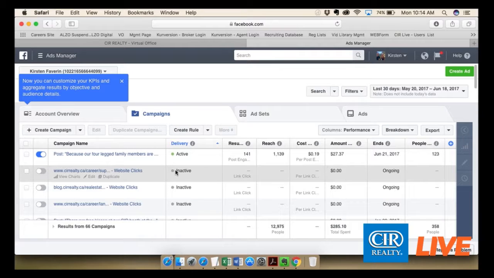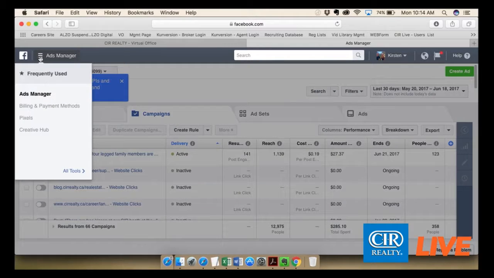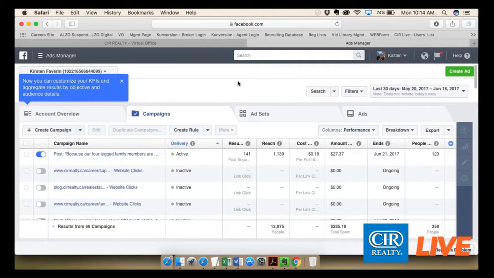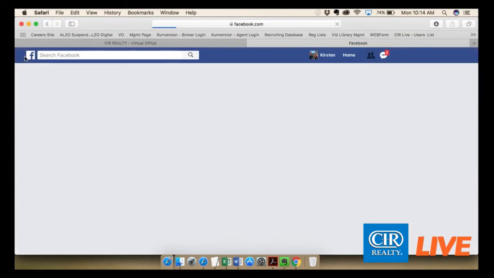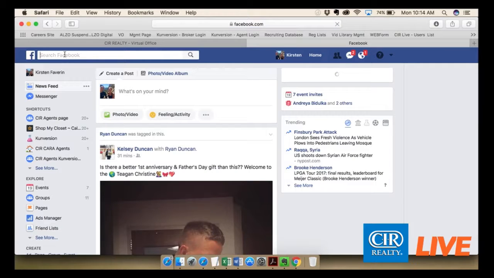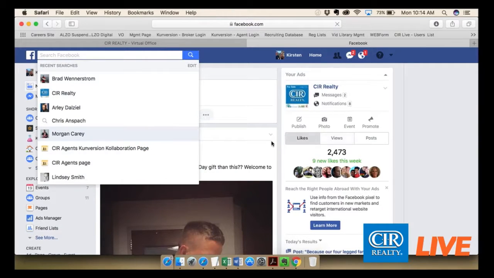So really, really intuitive. Facebook has a ton of different tools to help you with this, especially, like I said, in this ad manager section. So take advantage of this. On one last note, if anybody has a business page that they want to advertise from, the absolute